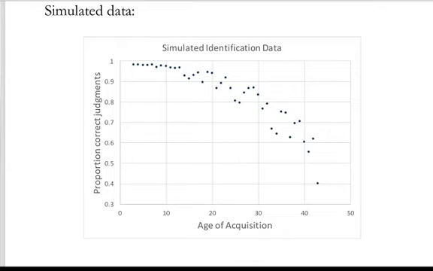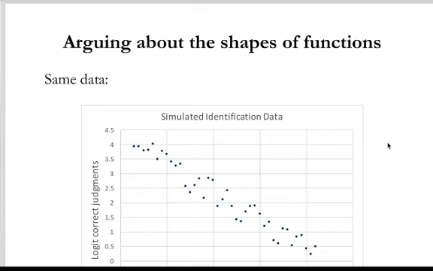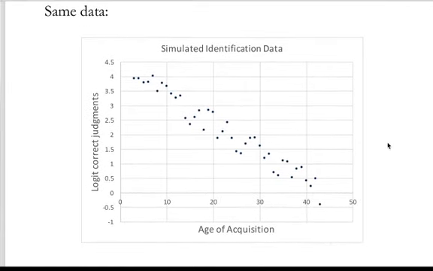Right? Exact same data plotted in a more principled way. Here, instead of using the percent correct judgments, we use what's called a logit transform. The details of this are not super important. It's a way of changing binary choice data into continuous data that allows it to be modeled more accurately. And so the logit stands for the log odds of a particular correct choice. This is the exact same data, fake data, simulated data, but the same numbers simply plotted using a logit transformation, which is the correct way to analyze these categorical data.